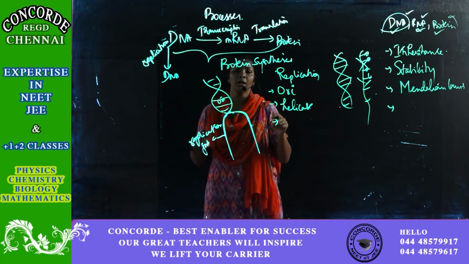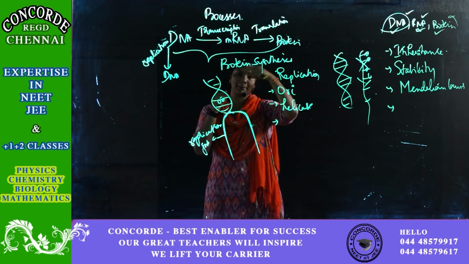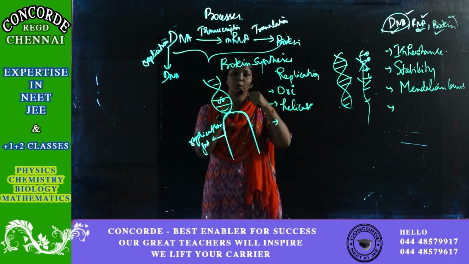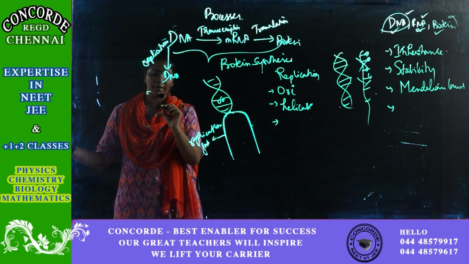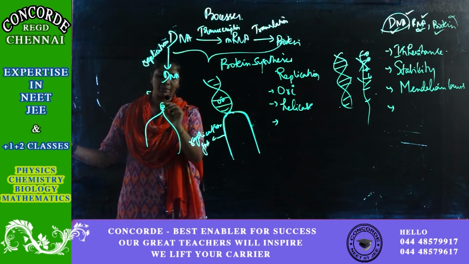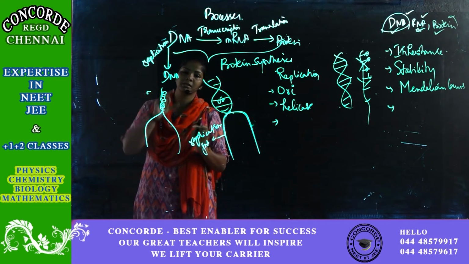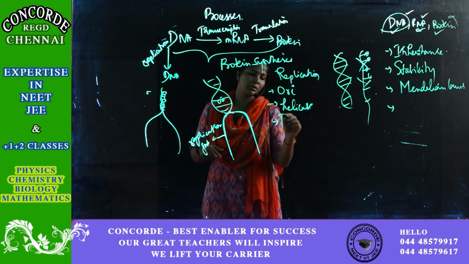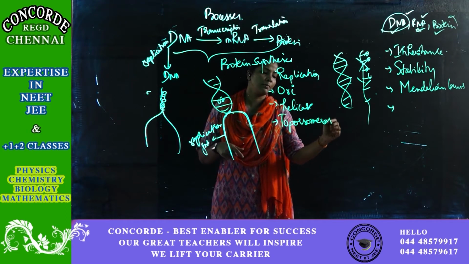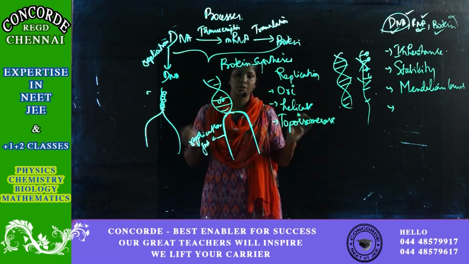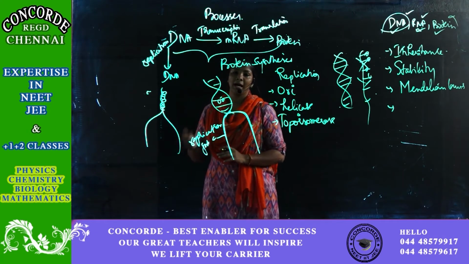DNA strands. Okay. So when you open up two strands which are bound together, what happens in the upper portion is there will be a supercoil. Normally it is like this. When you open this further like this, the supercoils form. So you need an enzyme to remove the supercoils. That enzyme is called topoisomerase. So topoisomerase is the enzyme which removes your supercoils, and helicase is the enzyme which breaks your hydrogen bonds.